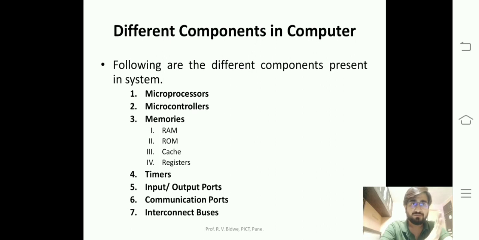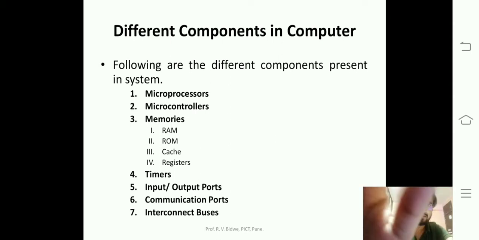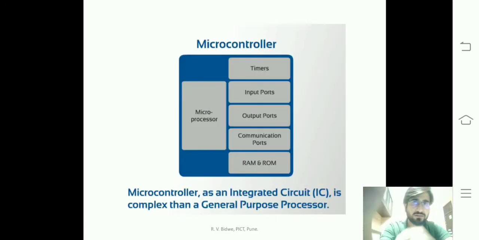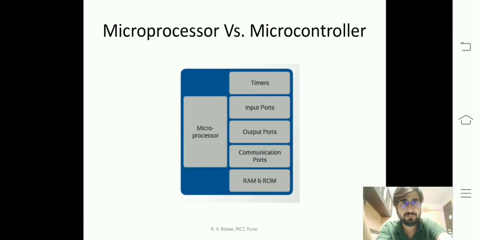Now a processor can do multiple tasks. They can execute programs, they can do arithmetic operations, they can do logical operations, they can solve problems occurring in a system. Everything can be done by the microprocessor. So the most important hardware present in the system is the microprocessor. Then the second one is the microcontroller. So if you see the motherboard, I will go back to that previous slide.